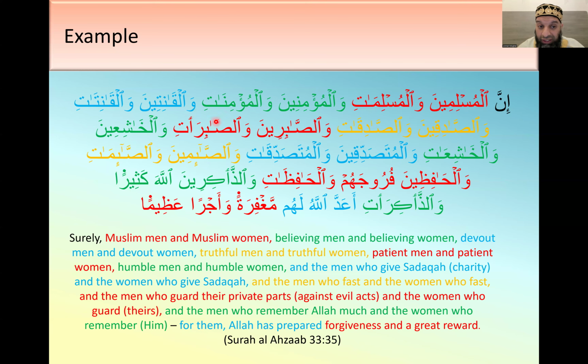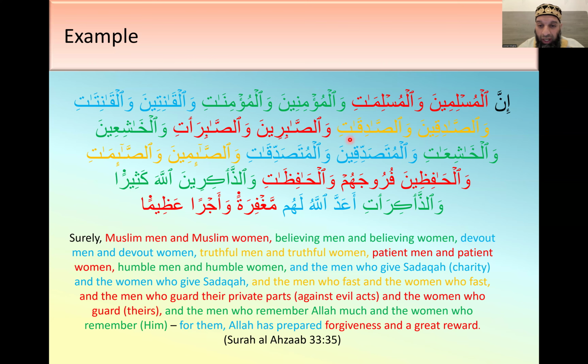Yeah, they've not even translated it. In order for it to flow, they've not put "and" there each time either. Right? But there's an "and" there. And al-qanitina, believing men, sorry, devout men. Wal-qanitati, and believing women. Yeah, you following? Was-sadiqina. It's not just sadiq, it's sadiqina. So believe and truthful men. Was-sadiqati,